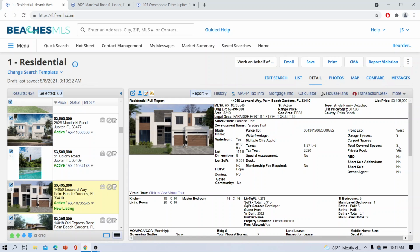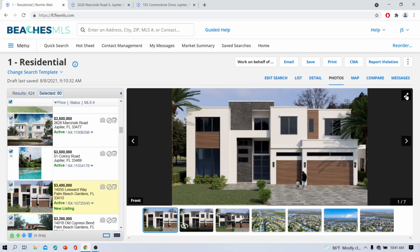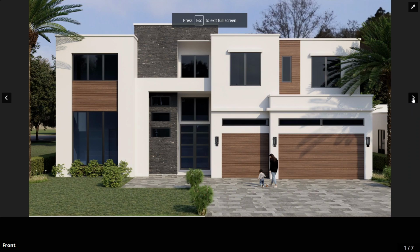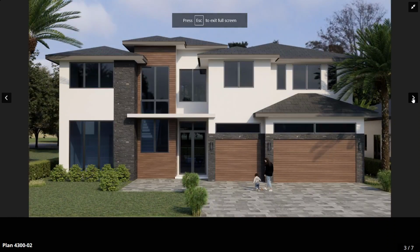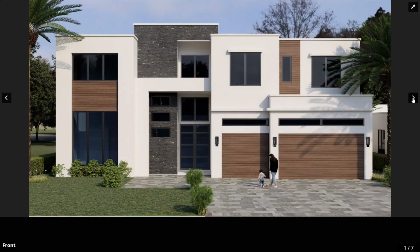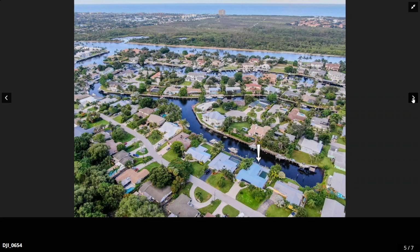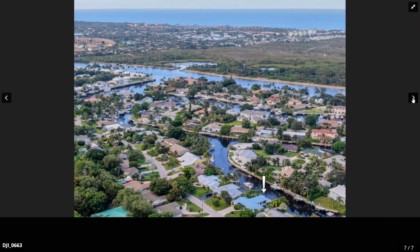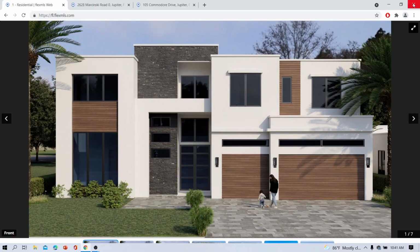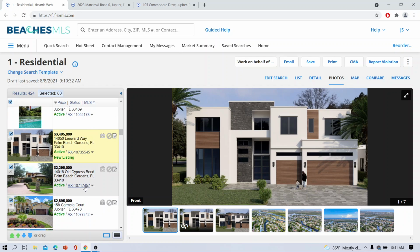So on one flip, they want to retire. A lot of square footage, 4,200 square feet. Did they rebuild it? Maybe. It could be a rebuild because it does look like new construction. Okay. It's probably a rebuild. Okay, let's go to